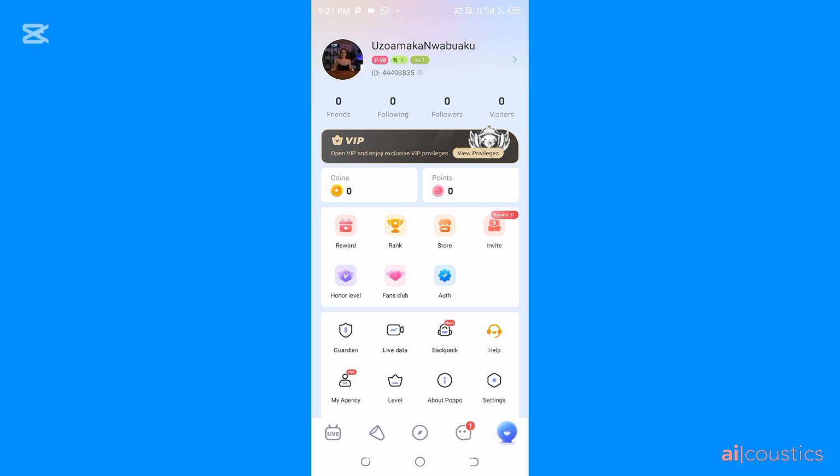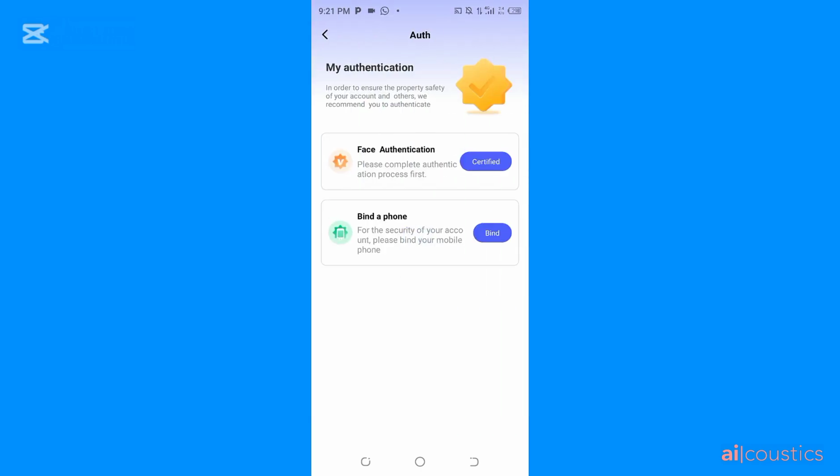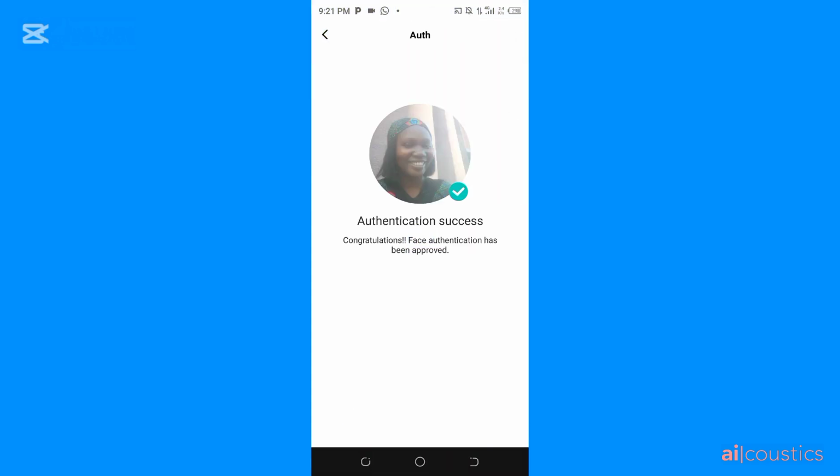So this is my home page of my profile icon. So what you have to do is to tap on the authentication icon. Mine is already marked good because I have completed my face authentication. To complete your face authentication, in case yours is not working, first of all, you have to make sure you